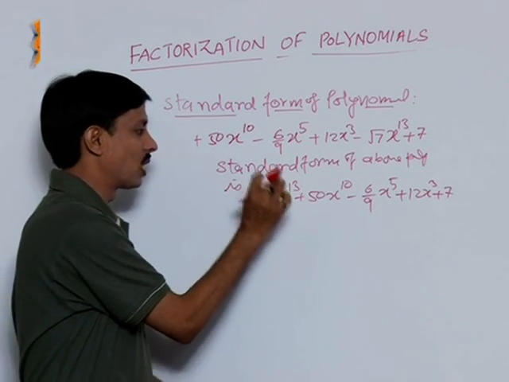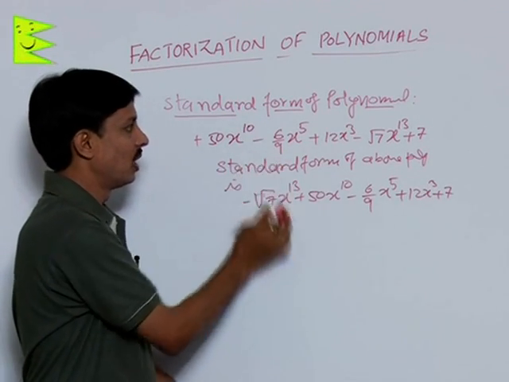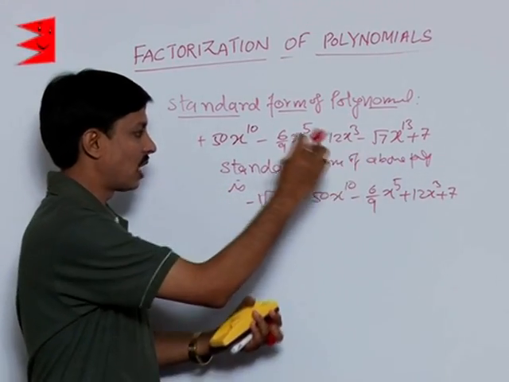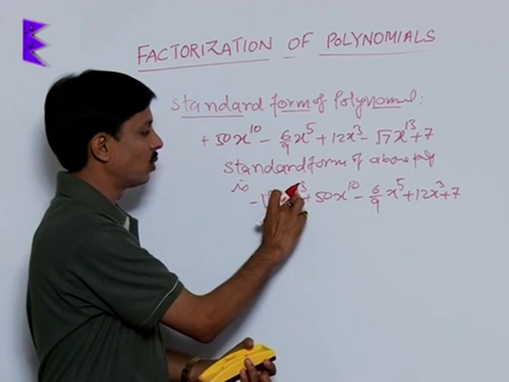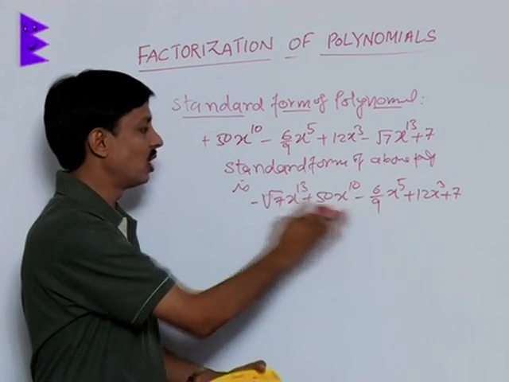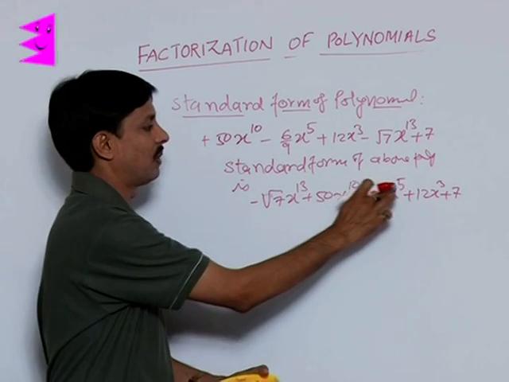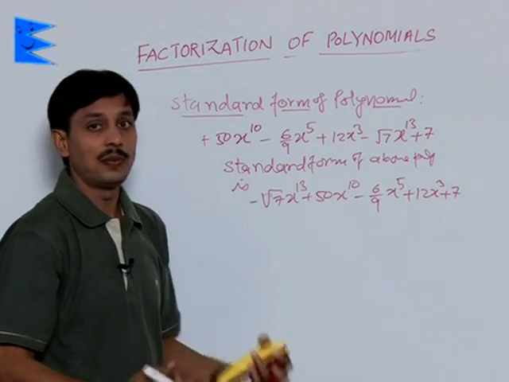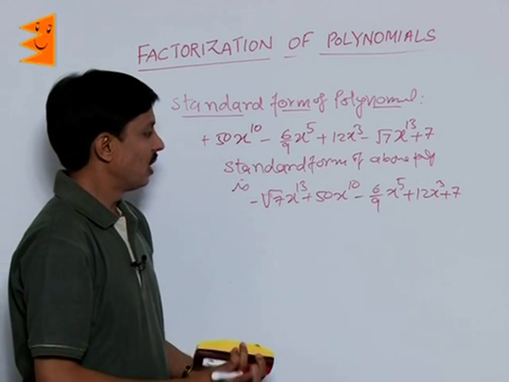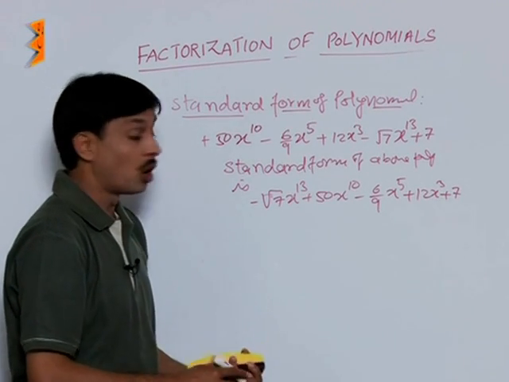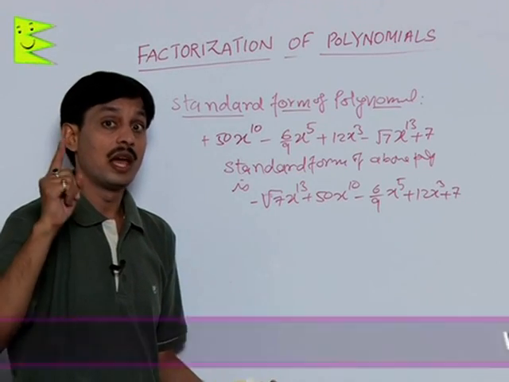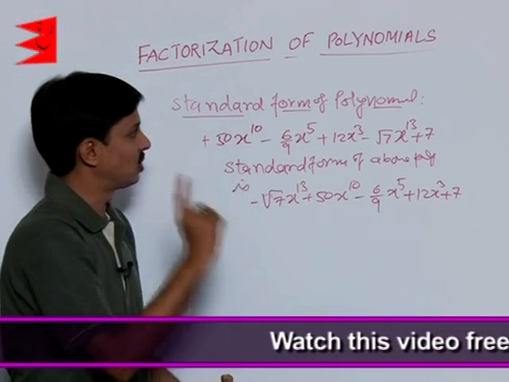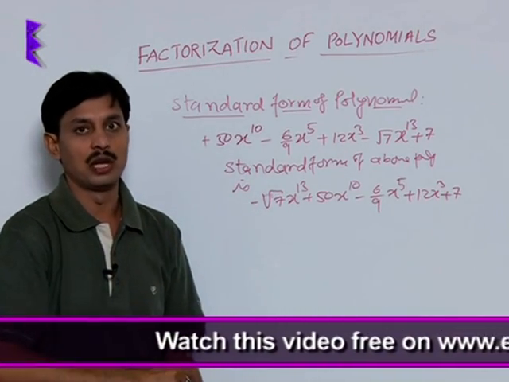Though all the terms are the same in both places, their order is rearranged. The terms have been arranged according to their power in decreasing order: first the 13 power, then 10 power, then 5 power, then 3 power, then 0 power. So this kind of arrangement, where the terms are arranged not by their coefficients but by their powers, is known as the standard form of a polynomial.